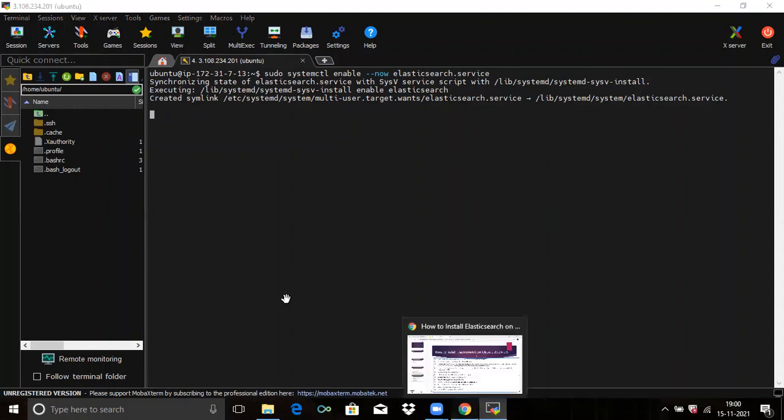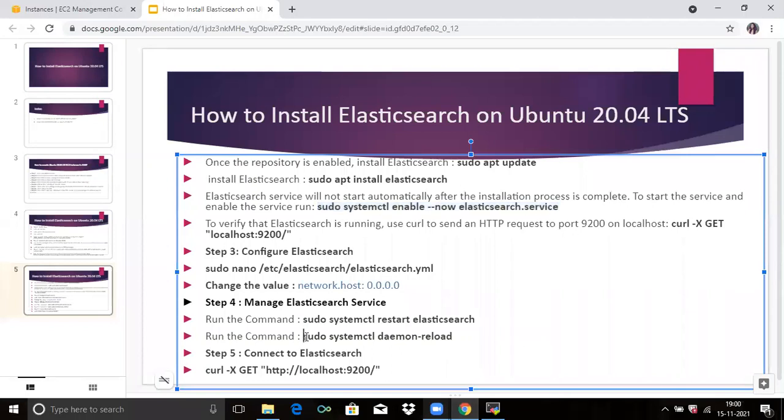Now we are going to check the status of our Elasticsearch.